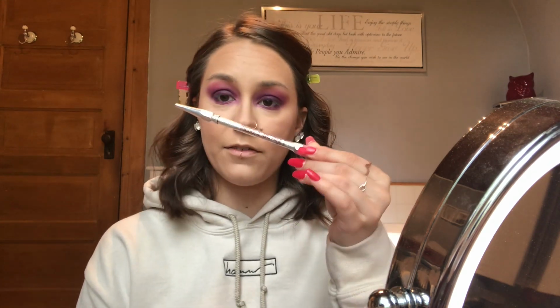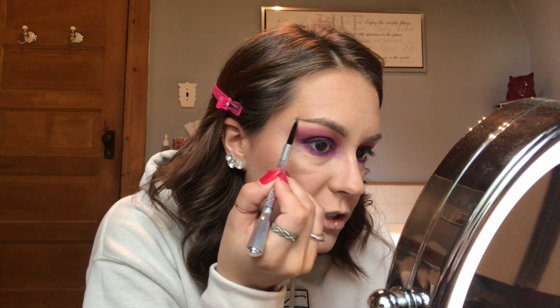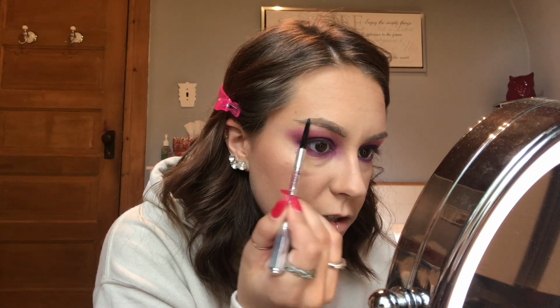I'm going to start with my Benefit Precisely My Brow Pencil in the shade 4. And just go in with really tiny, light little strokes to outline the shape of my brow. Really, I just use this pencil to define my arch and define the overall shape. And then I take a different product and go in